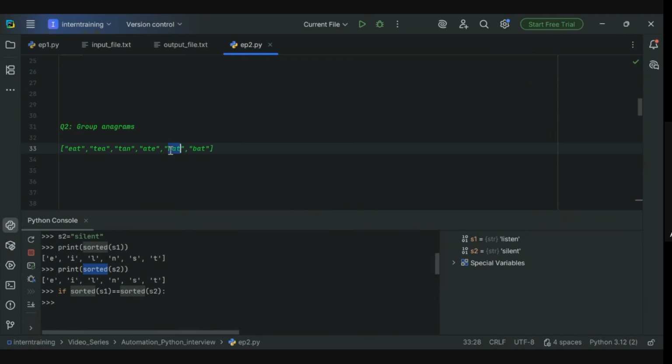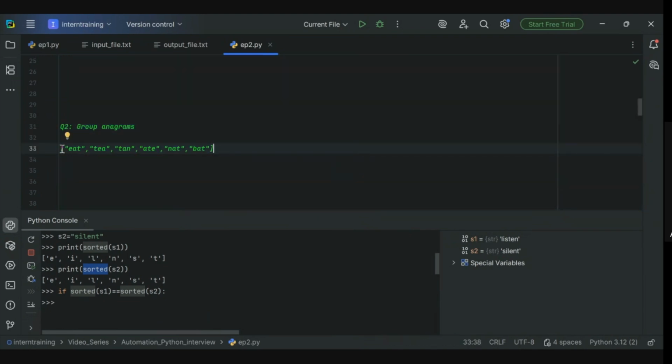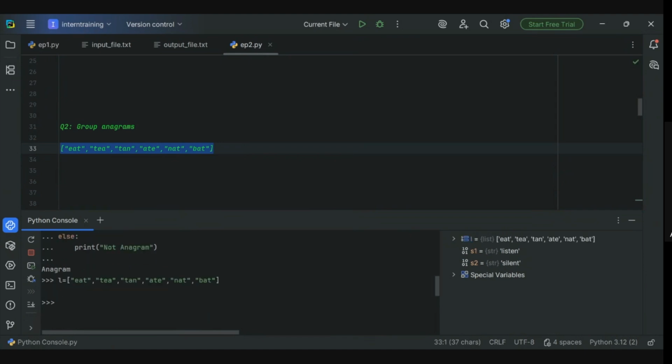Now we know the approach also. We are clear with the approach. What we'll do, we'll start coding now. You will also feel that this is the easiest of the steps. So we have the string, this is a list. Now what we need to do, we need to group this list together. So in this grouped list, what we can do,